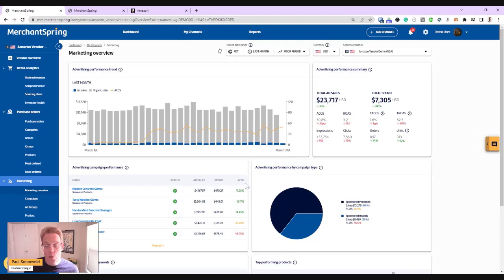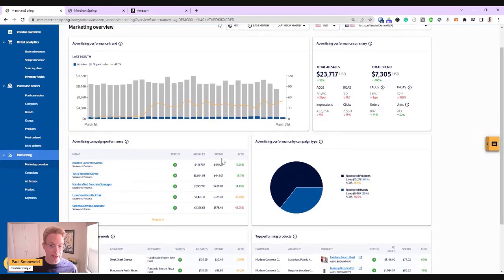So we provide you with a dashboard showing you your total advertising performance and then starting to break that down by campaign so that you can very quickly understand where are the opportunities to reduce your campaign spend and grow advertising sales at the same time.